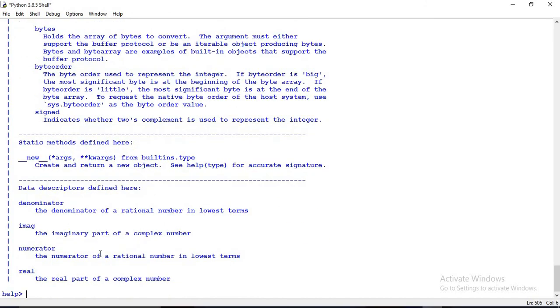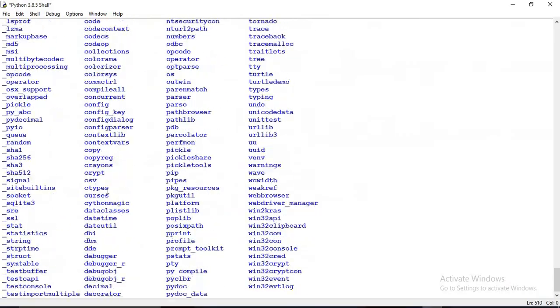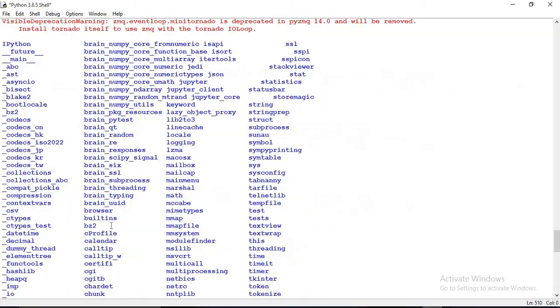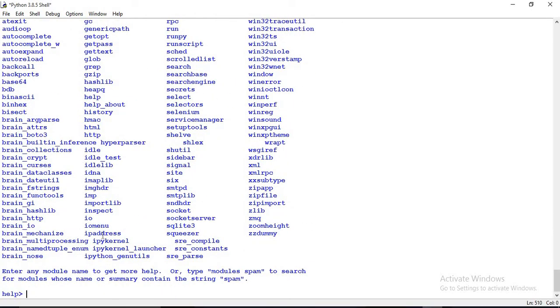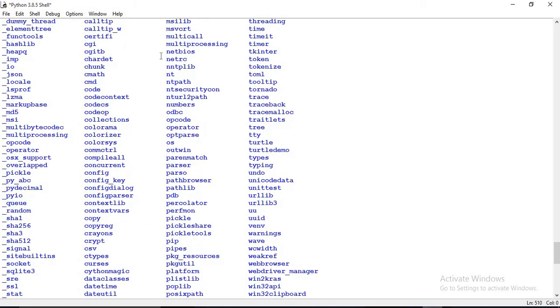Any things. Let's suppose we type modules. See, please wait. Some of the modules are deprecated, and see, all the modules are listed here. There are tons of modules. If we want to know any one module, we can know the details of the module.